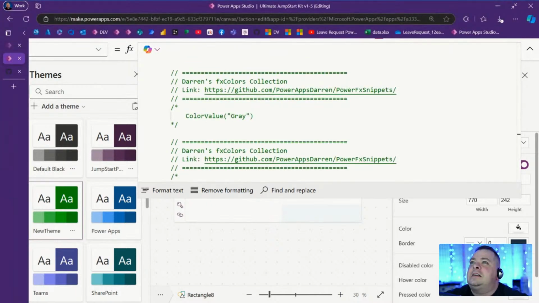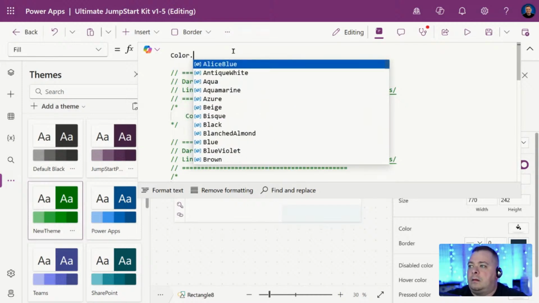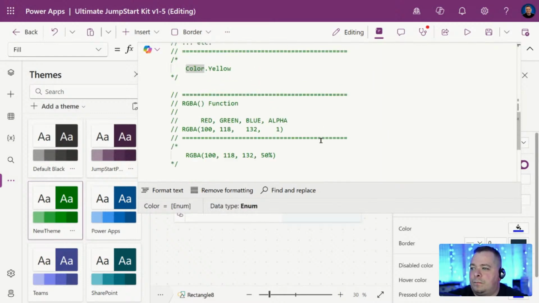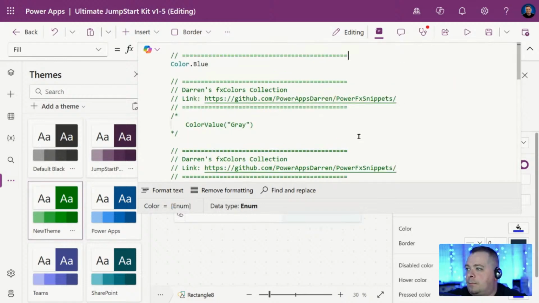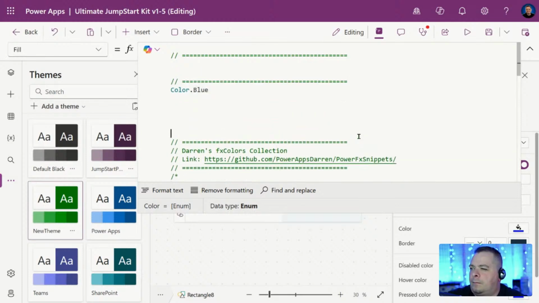All right. So we've talked about RGBA. What about color fade? Color fade. So let's say we have a color like color.blue and we want to fade it. So what you would do here,